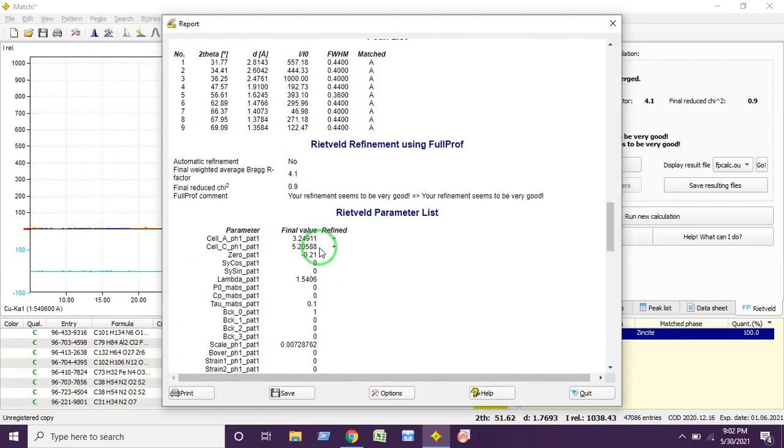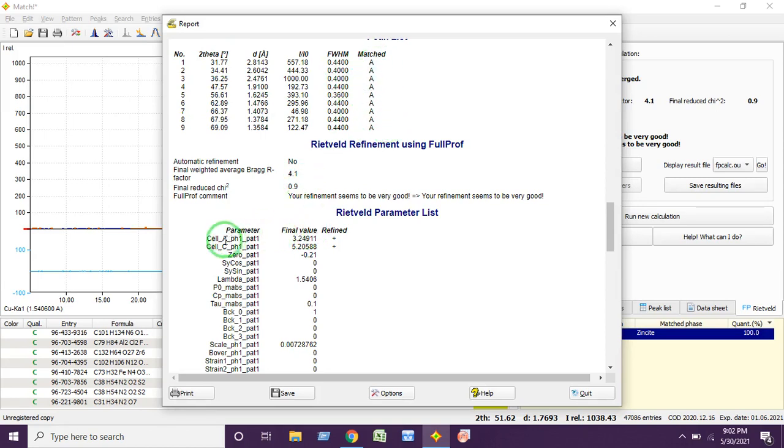Whenever you find capital A, that is the corresponding peak of zinc oxygen. At position 31.77 I have capital A, so the XRD characteristic peak at 31.77 corresponds to the zinc oxygen phase. Similarly you can check the remaining peaks. All the peaks are identified with the standard database.